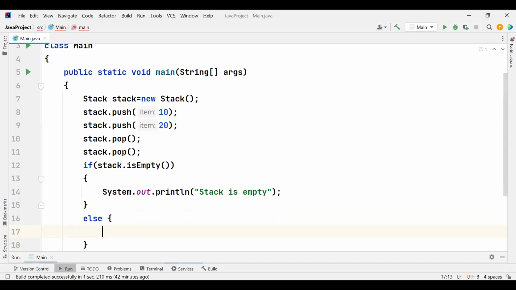Else we can give sysout of stack is not empty. These are the two statements that we can execute. Okay, so here